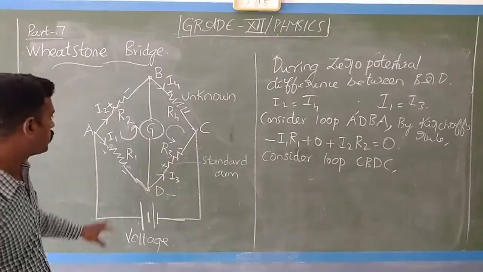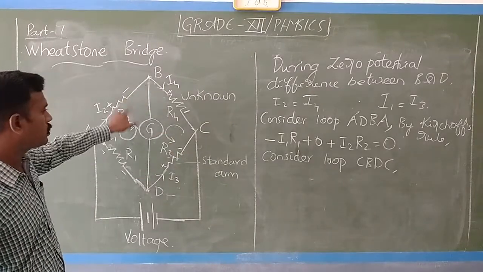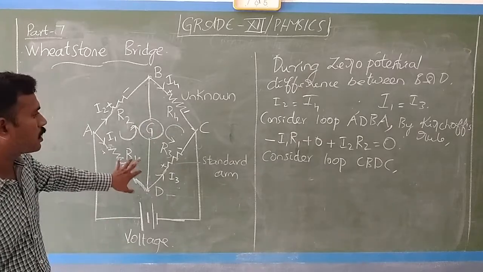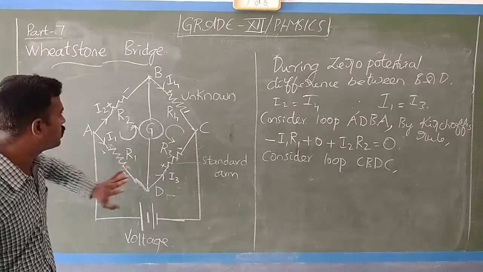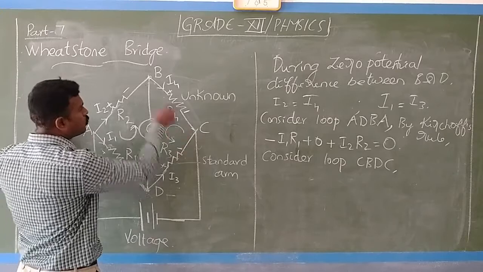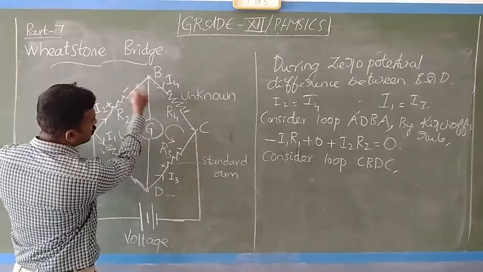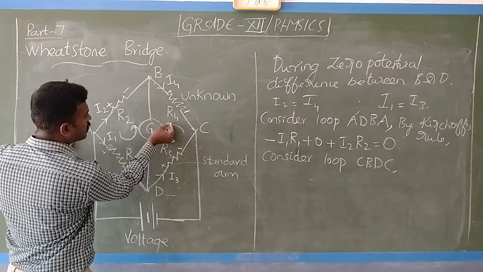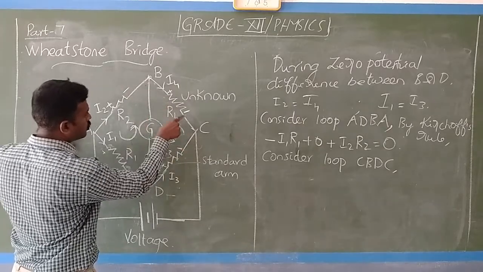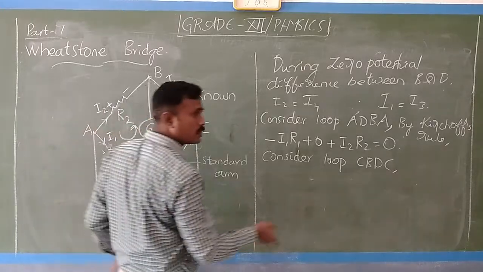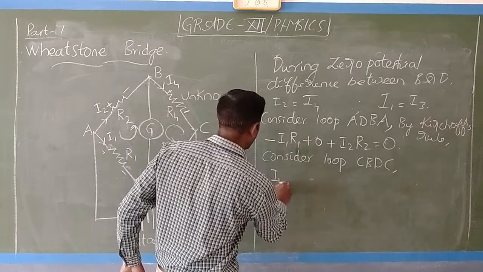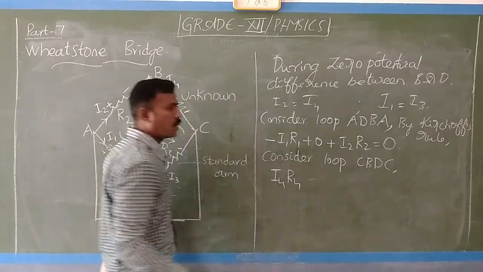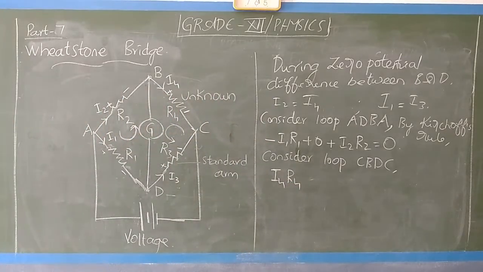Here then you draw the CBDC. Okay, now I will draw the diagram, the loop equation. What is the loop equation? Here you see from C to B, what is the direction of the loop? It is from C to B. So that is minus to positive, that is plus, that is I4 times R4.